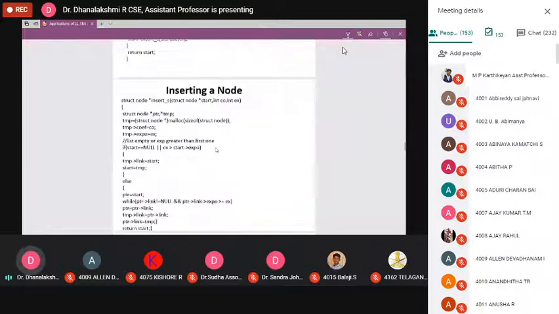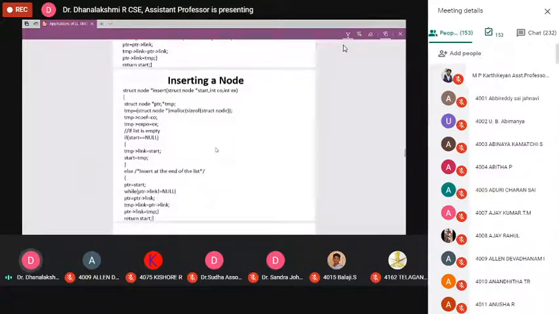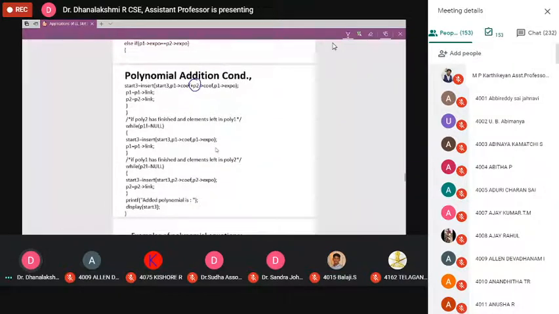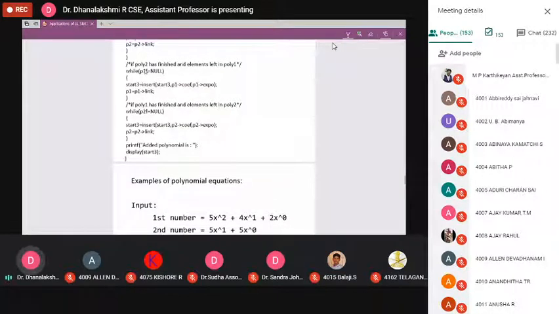How can we perform the remaining steps? Assume P2 has finished and there are elements left in P1. You have to check while P1 is not equal to null. Since only P2 finished, you can copy all of them with the insert function, using P1's coefficient and exponent alone, because there are no more elements in P2.